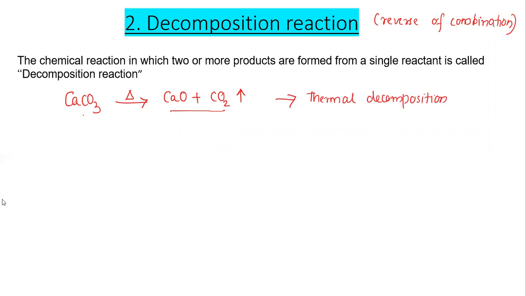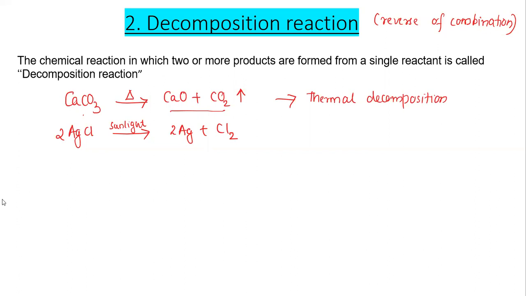Okay, so we can give heat energy to break the reaction, or we can give light energy or electrical energy. Now if light energy is supplied, such type of reaction is called photolysis. For example, in the case of silver chloride, in the presence of sunlight, it breaks down to form Ag plus Cl2. Now balance the equation. Here 2 will come, here also multiply with 2. So 2 silver and 2 chlorine atoms.